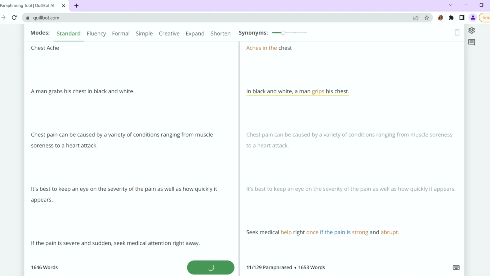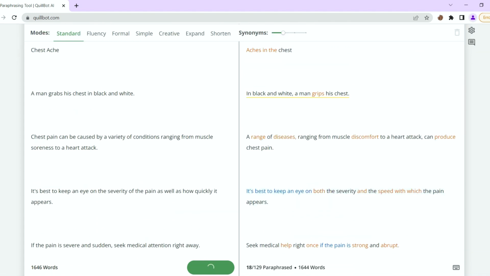So the paraphrasing has been started and it is changing the words with synonyms. So as you can see, this sentence, chest pain can be caused by a variety of conditions ranging from muscle soreness to a heart attack. So now that has been changed to a range of diseases ranging from muscle discomfort to heart attack can produce